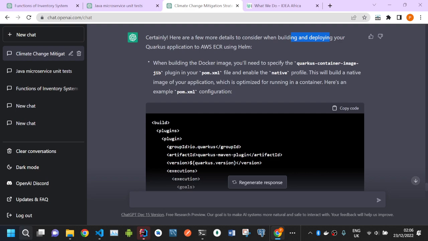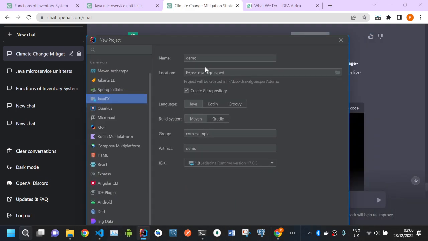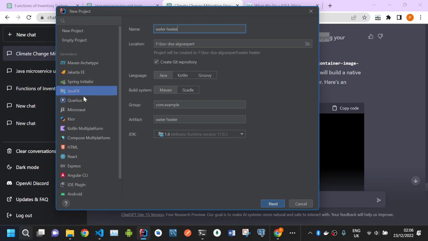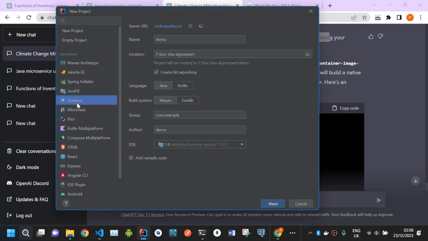Okay, I'll just create an app and I'll call it water heater. So water heater, and then contain. Even using Spring Boot, you see it's a Spring Boot based application. Let's see whether I have Quarkus here. I must have Quarkus. Oh, it's a Quarkus. Yeah, Quarkus is already there. Spring. Then just give it water. So this I call it